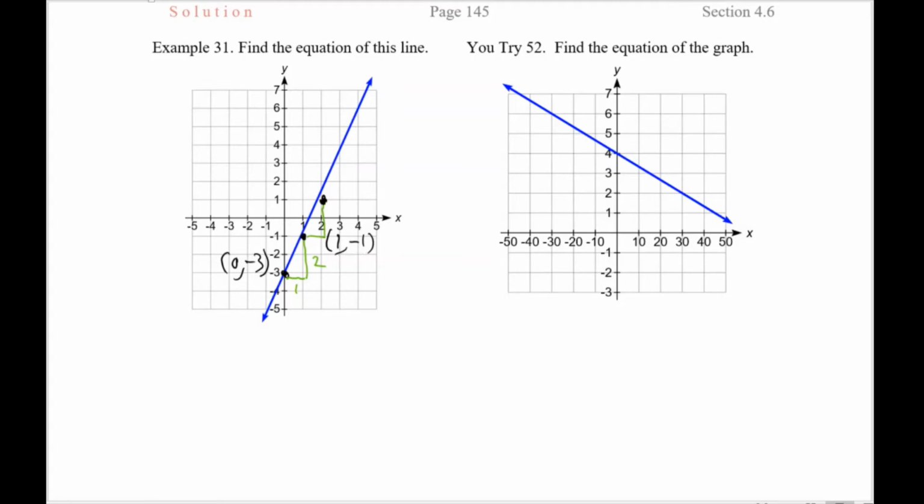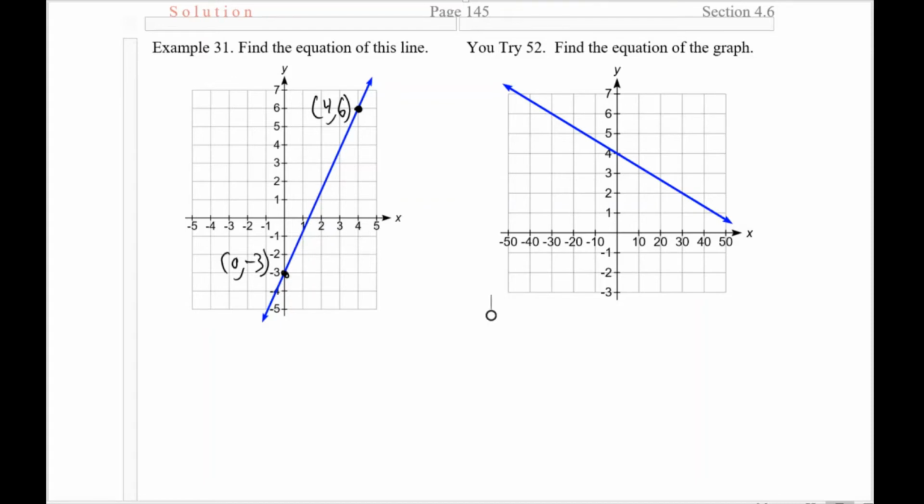The next point that does appear to be on the line is this one, which is located at x of 4 and y-coordinate 6. So let's erase these other points